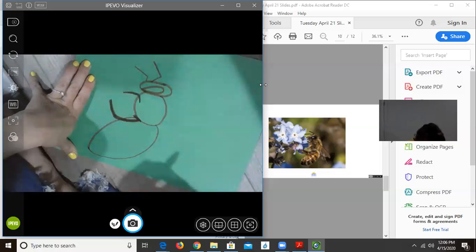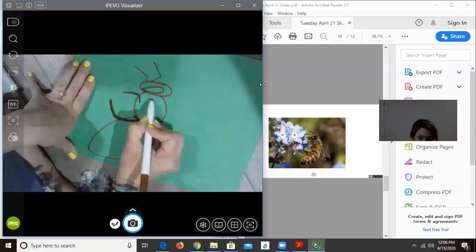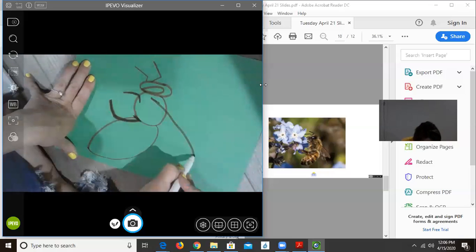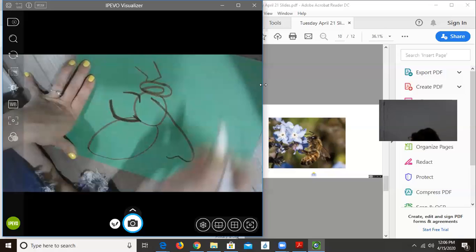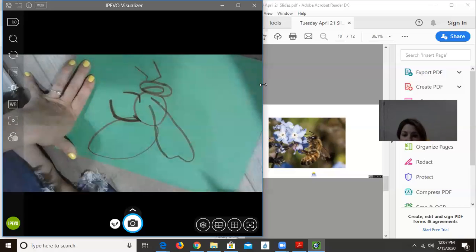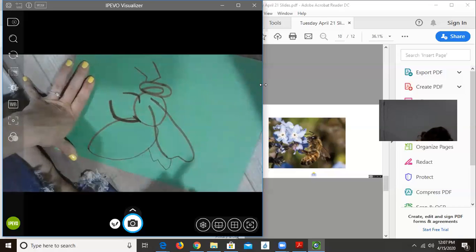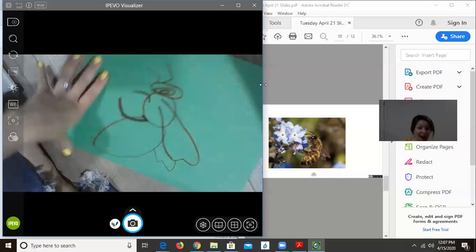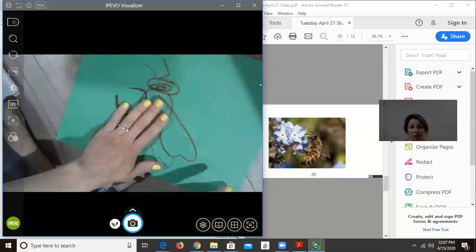And then I see that there's this beautiful wing. And now I'm noticing that it's not so much of a triangle as it is more like a round thing like that. And I see the other one over here, just like the tip of it. I'm going to draw it over there. I think that's pretty much what I see, but I'm not done yet because I need to label my drawing,